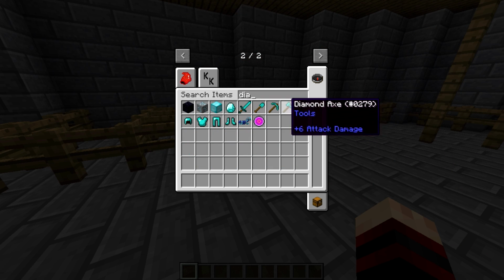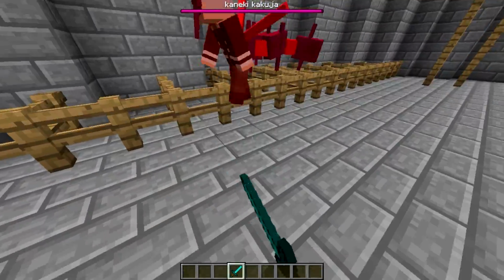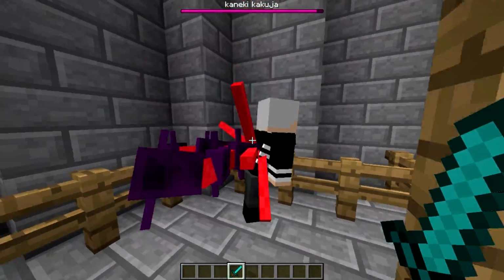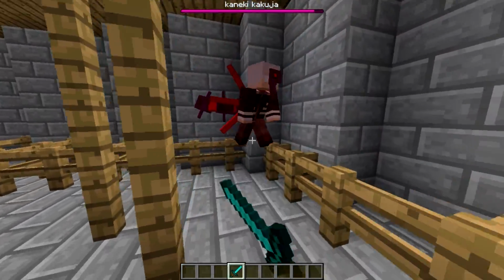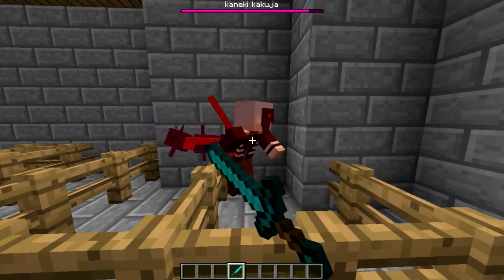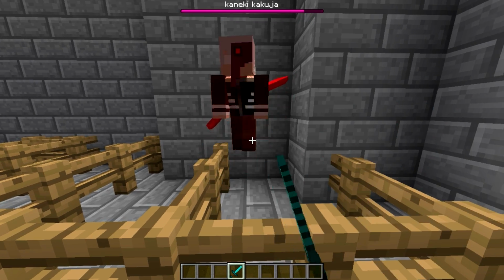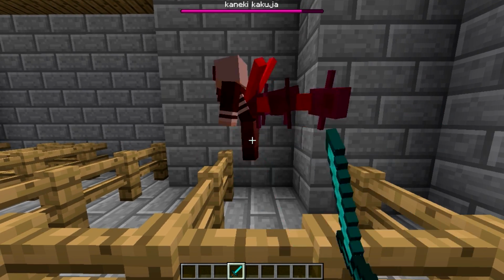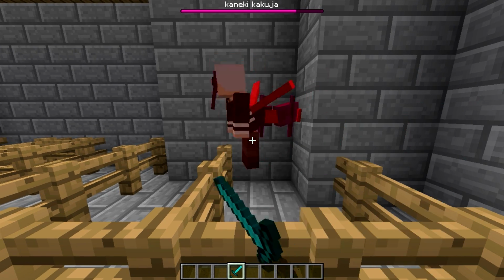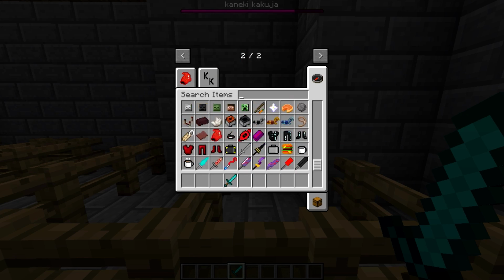The problem is now I am going to have to kill this thing. I could just show you by killing off one of these. I don't actually know how much health they have. So let's just beat up the Kaneki. Oh, you decided to jump in there because you were being defeated. Okay. But as you can see, a diamond sword does absolutely nothing. So if I was to get one of the other weapons...